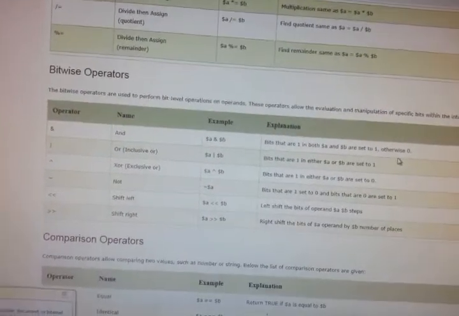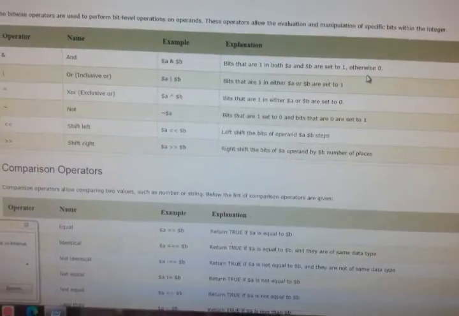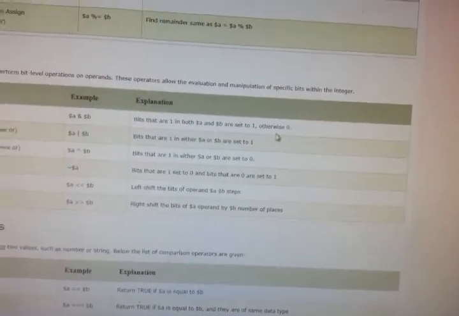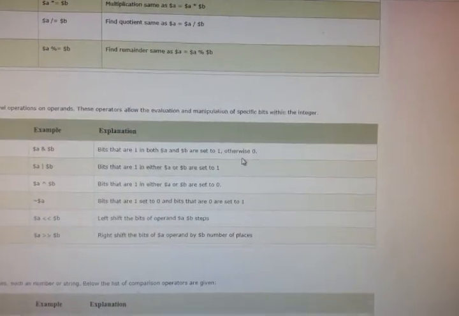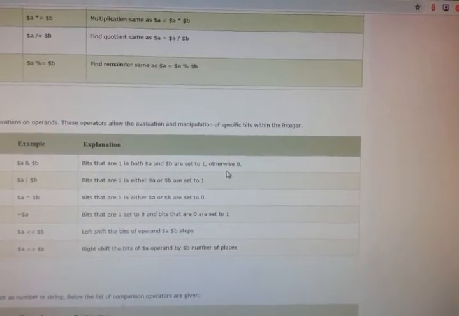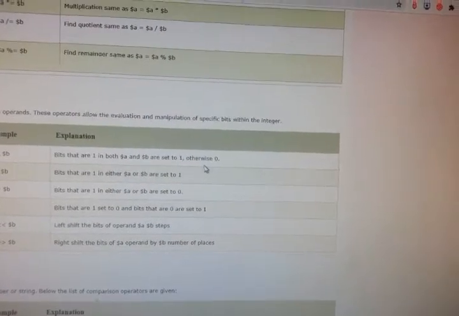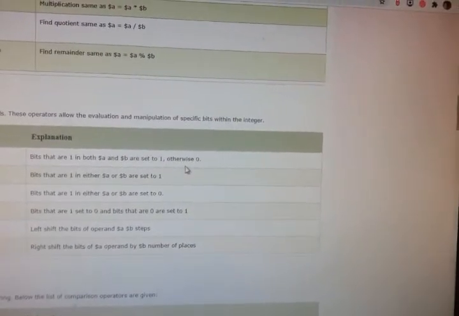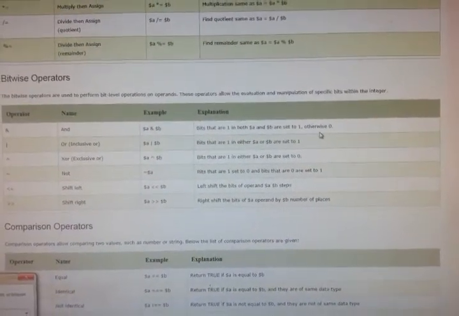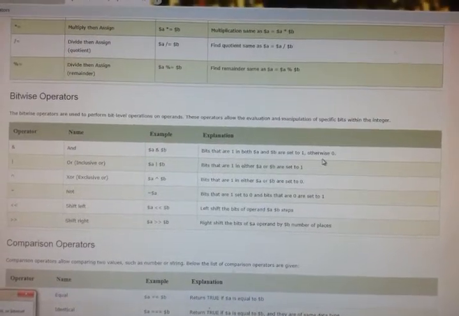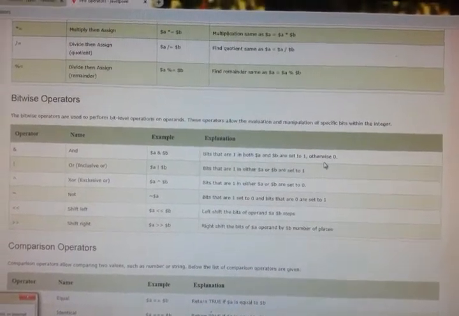So here AND means if you have two variables like $A and $B, if both are one, then you will get one for AND. AND is nothing but multiplication.